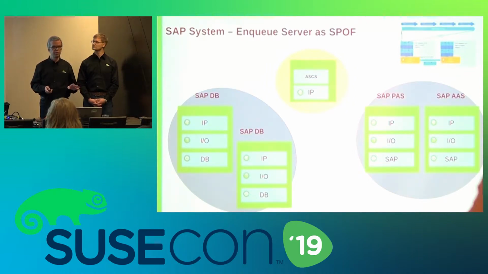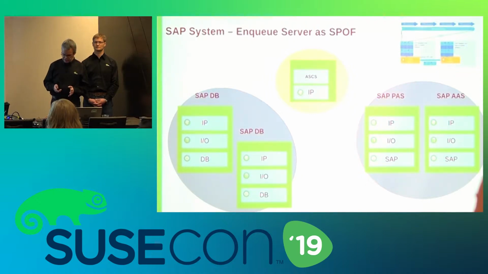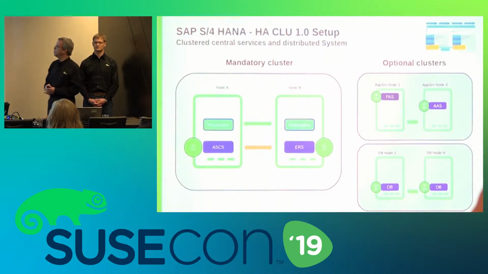If the enqueue server would die and would lose its locks, all sessions on all application servers would be closed, and all clients would need to log in again. And you maybe have also some rollback of SAP transactions because they are not completed. And so this is really a very important thing. And so we added this to the cluster. So we say the mandatory cluster setup is really to look at the ASCS ERS pair